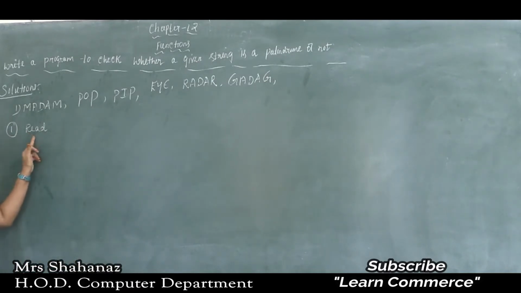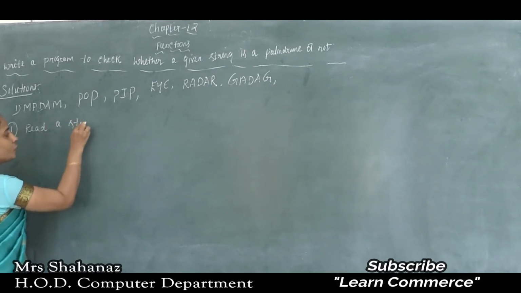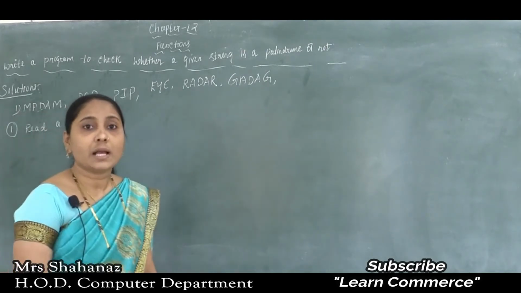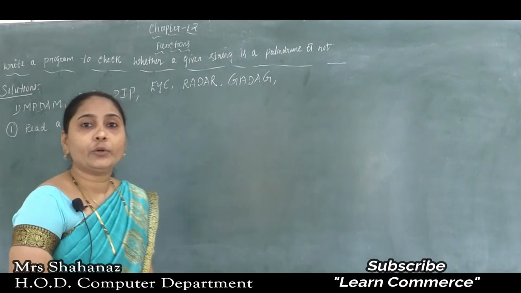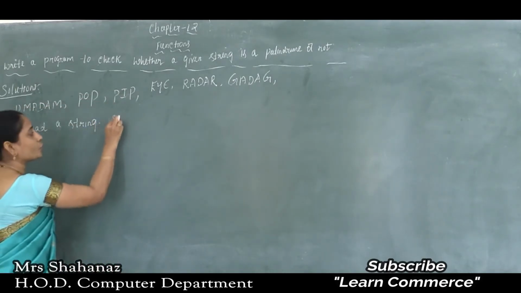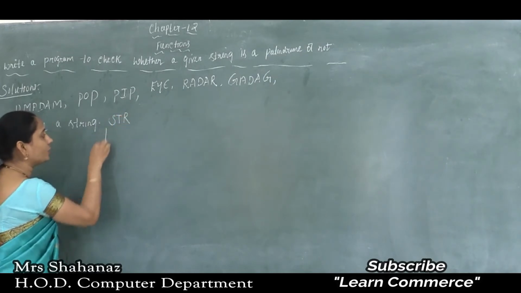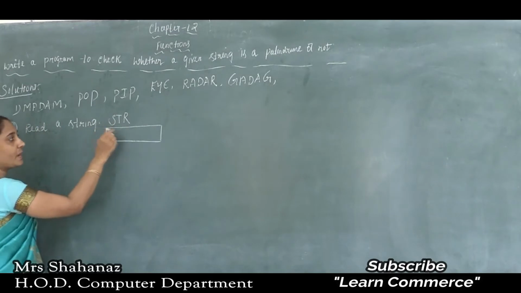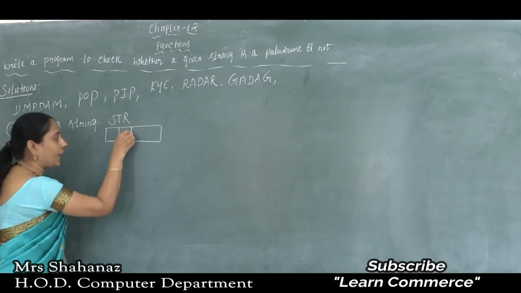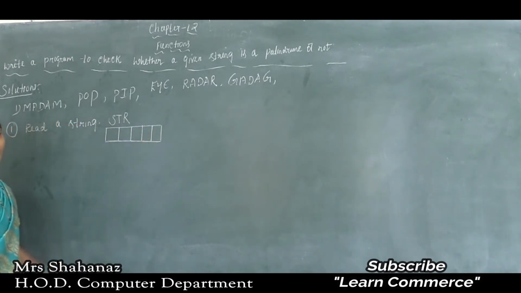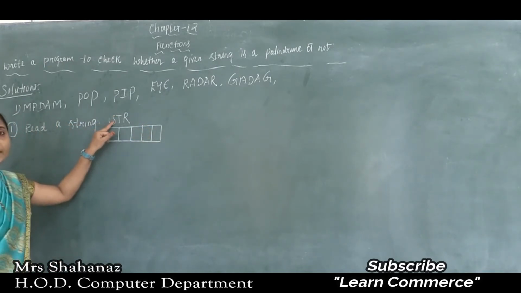So first of all, I want to read a string. Clear this point here? First I am going to enter some string through the keyboard, or later words, and I am going to store it into the str character array. In this case I am going to store it in str, as we know that it is the name of the memory space. Whatever characters I am going to enter are going to be stored in our str character array here.